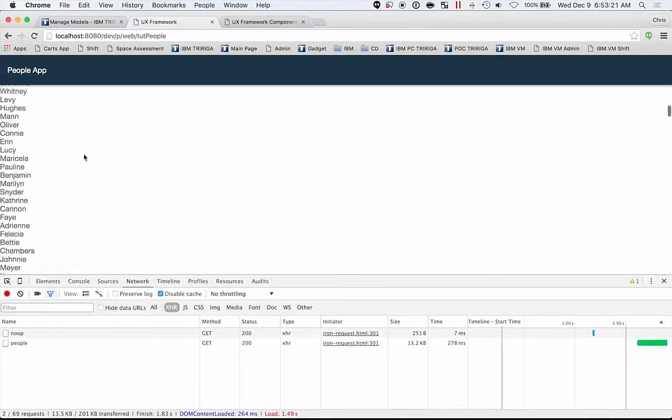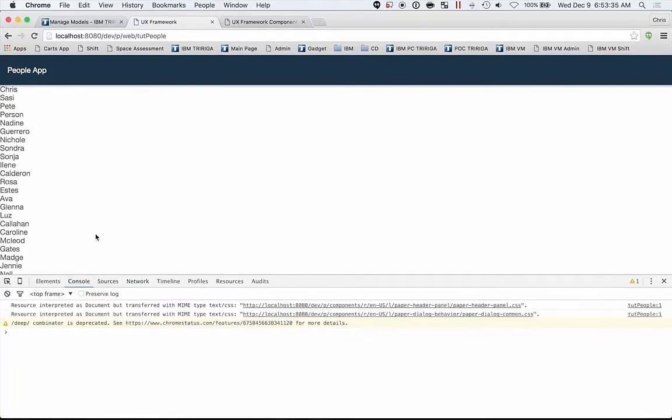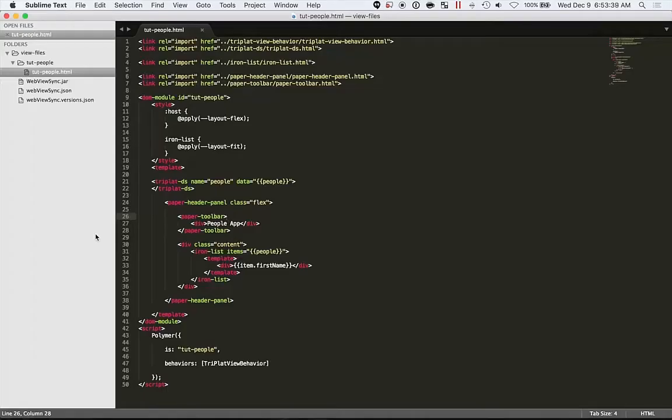I don't know if you picked it up, but it loads much quicker. There was a little delay before. And what that does is dynamically renders as the user scrolls. So only puts stuff onto the DOM that needs to be there. It's a pretty clever trick to speed things up. So now that we have efficiently rendered the first name,